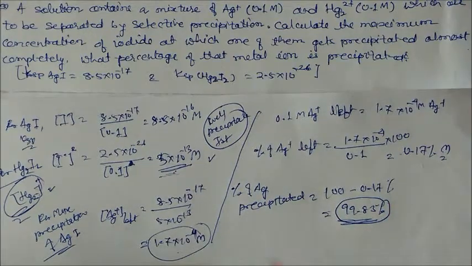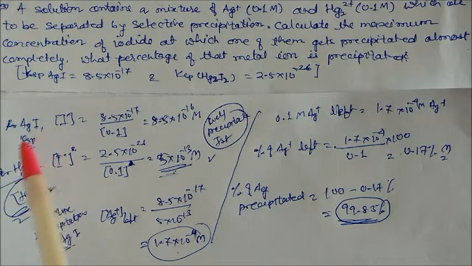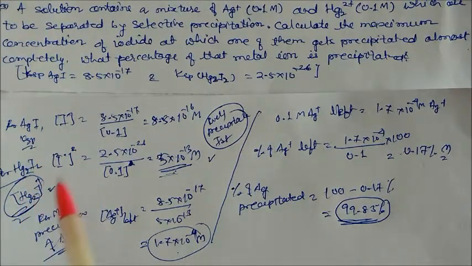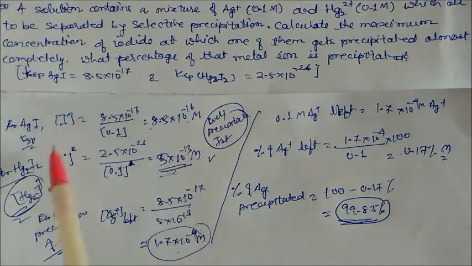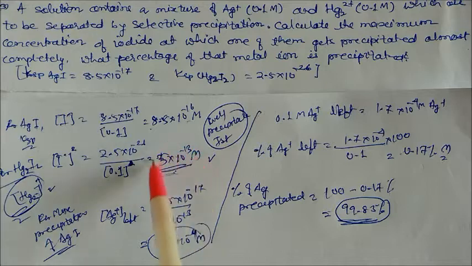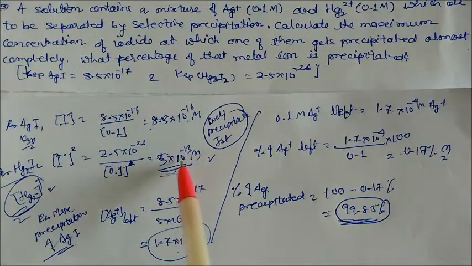If you solve it, I am repeating, first we find which of AgI and Ag2I2 will be more precipitated. This has the lesser value, so this will precipitate first. To get maximum precipitation of silver iodide, we have to take the silver at this much concentration. If you take this much concentration, that much silver is left in the solution.